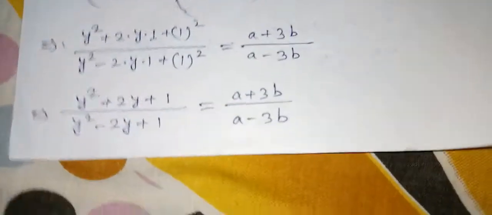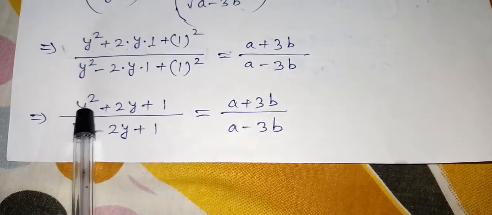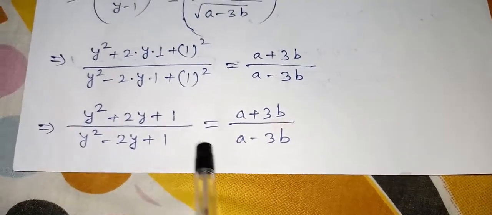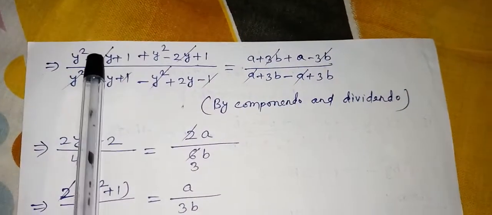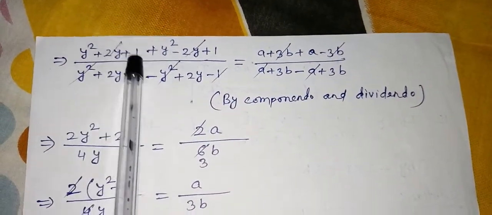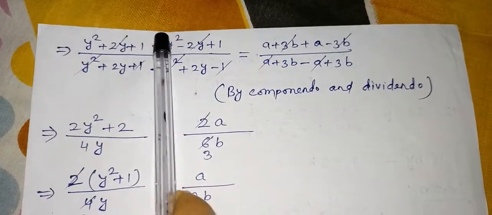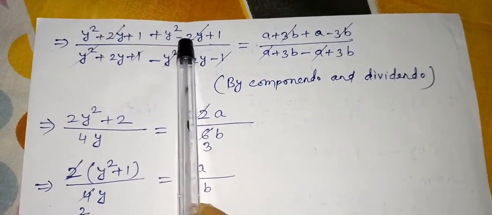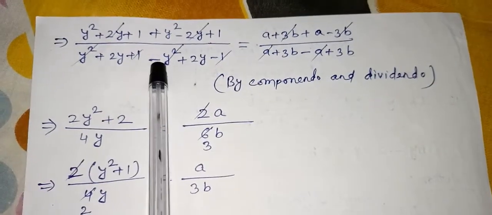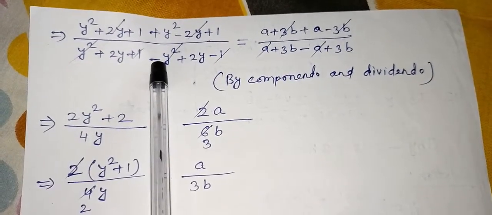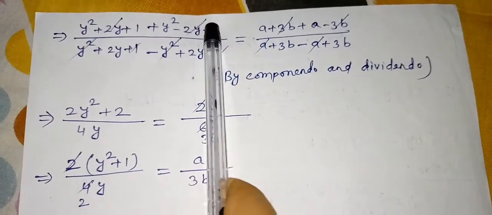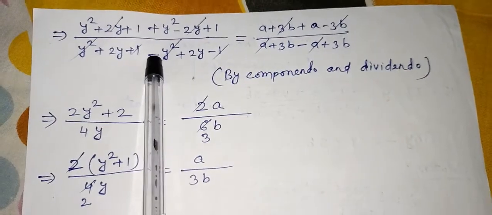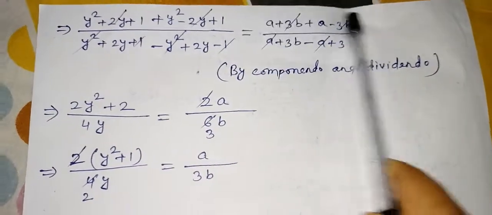Now I will tell you from this page, this is the numerator, this is the denominator. So the numerator I will write at the top and at the bottom, and the denominator also at the top and at the bottom, with plus and minus. Same thing I have done. You can see the numerator y square plus 2y plus 1 at the top and at the bottom, plus minus, the denominator was y square minus 2y plus 1, but here because the bracket is opening with minus, this minus will change to plus and this plus will change to minus. And same thing we have done here also.